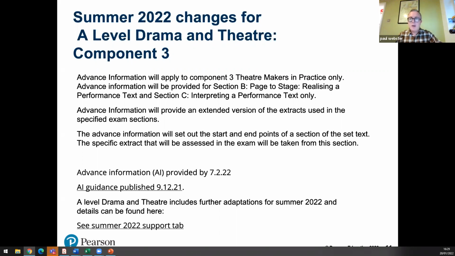So when you look back through the question papers from 2018 onwards, you'll see that they are following a very similar trajectory. I think a good idea in terms of preparing your students is to look at them all and go through them all and say, look, this is what you'll be asked. Then hopefully when they come across terminology like that, it's not going to freak them out too much.